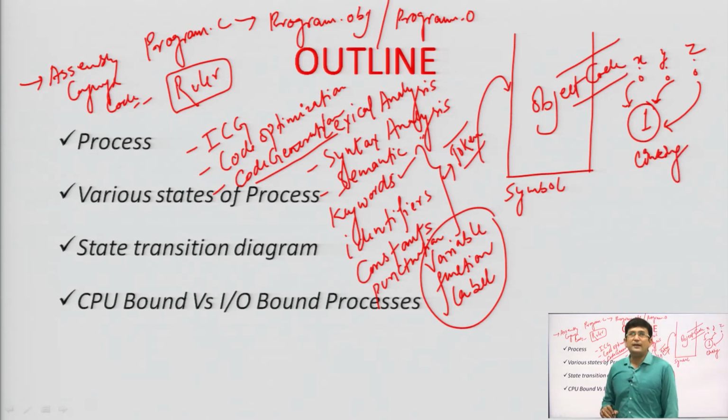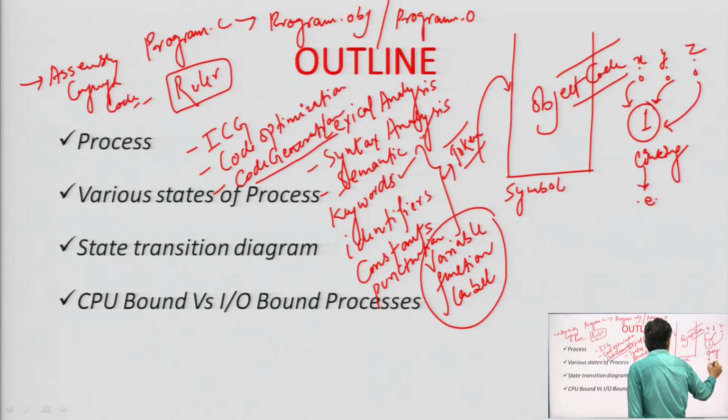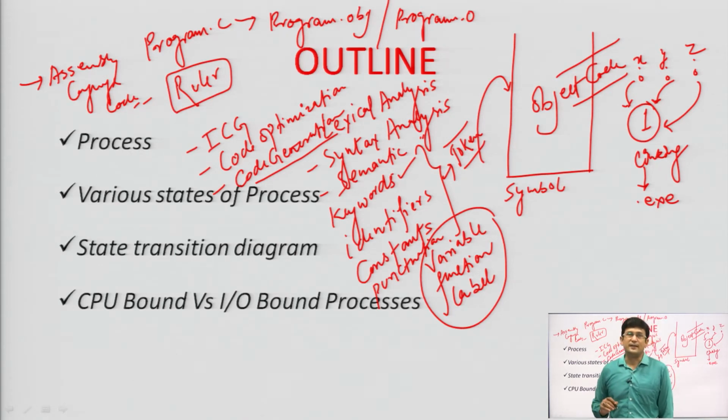Now, after the linking, the executable file has been created, and this executable file can be loaded in the main memory directly. Some other activities are performed during the execution of the process, which you know as dynamic linking. What we have done in this step, before loading it to the main memory, is link the static libraries to the object file of my program. This is called static linking.